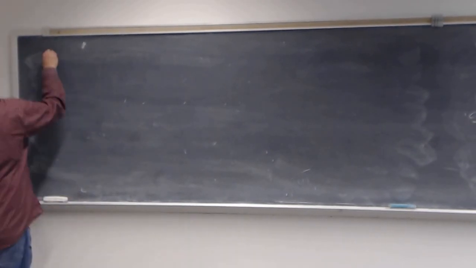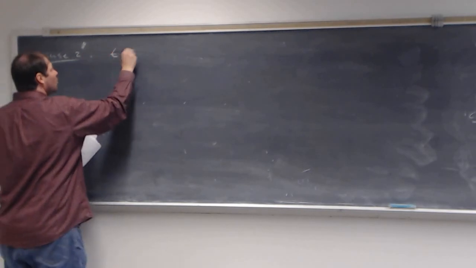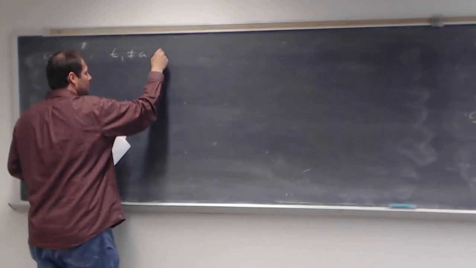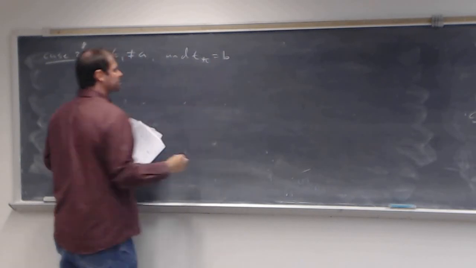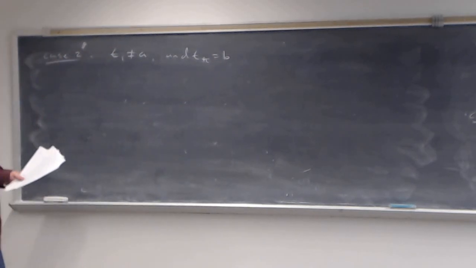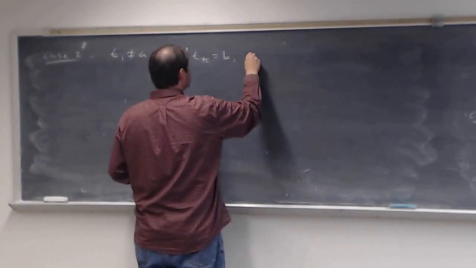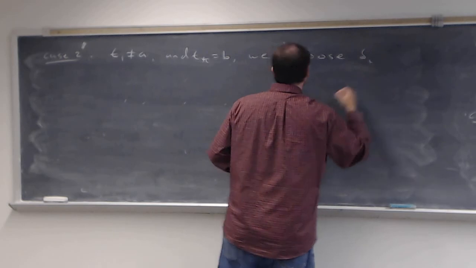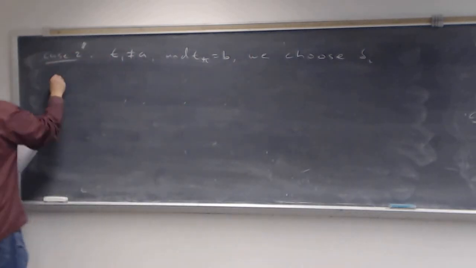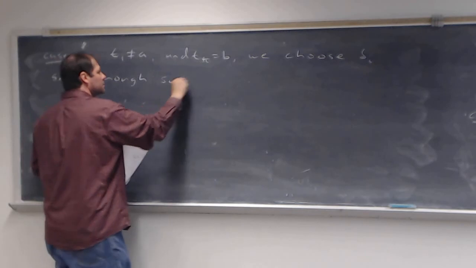Case 2 is t sub 1 is different from a, and t sub k is equal to b. So it's the right-hand endpoint that's the point of discontinuity for our interval, not the left. And so again, we choose delta sub i small enough such that